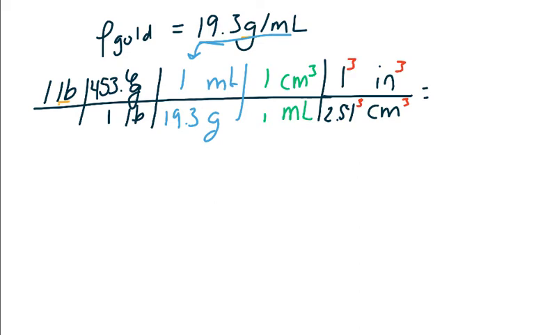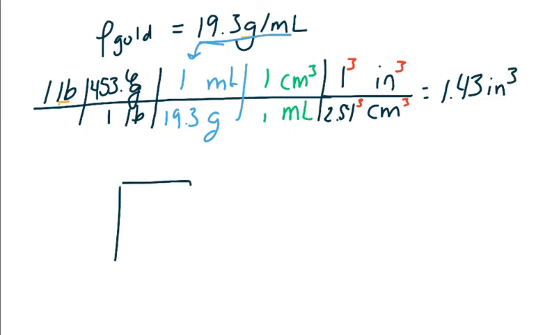Alright, we know that gold is denser than a feather because if you picked up objects of the same size, the gold would weigh more. So we are expecting the volume occupied by the same mass of the gold to be much, much smaller than the feathers. We calculated that the feathers would be 11,000 inches cubed, so we're expecting the gold to be a much smaller number. If you run all those calculations, you see that 1 pound of gold would occupy about 1.43